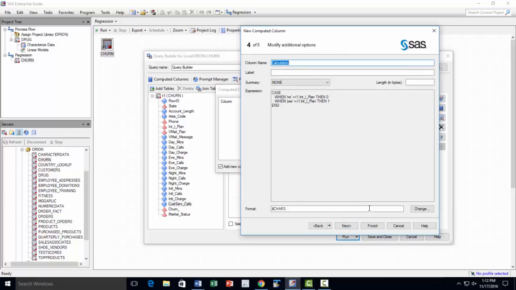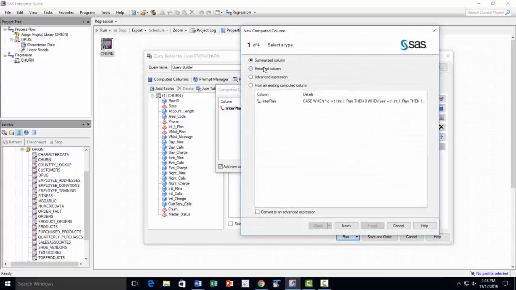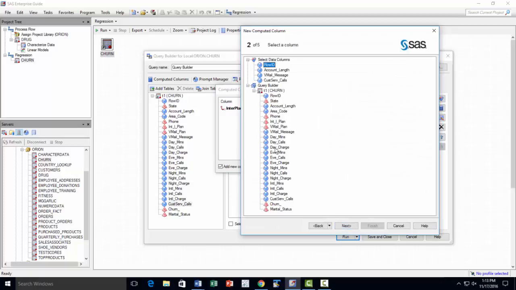Then this is international plan, right? So here the format should be changed. Okay, so we can just get rid of that. Then the default will be used. Add new column, and then we need one more for